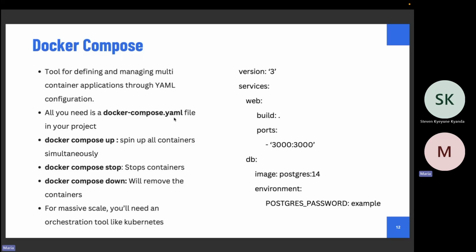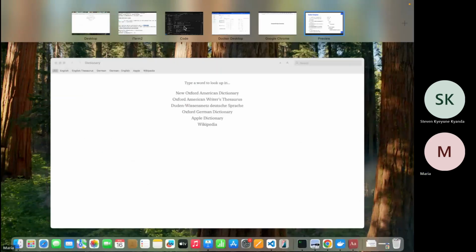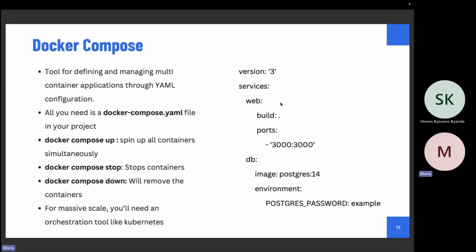Any questions so far? Good. Yes, please. Is Docker Stats something that is still used?